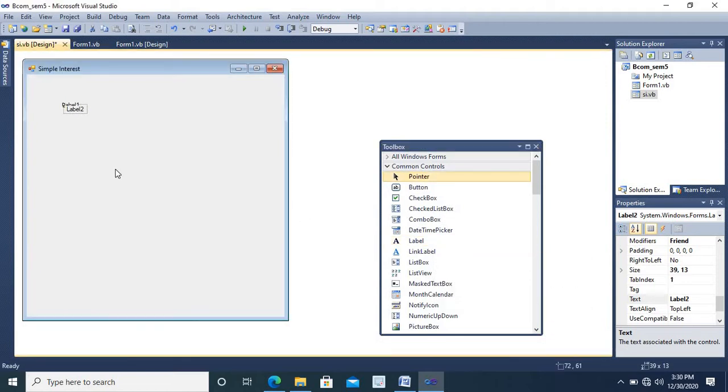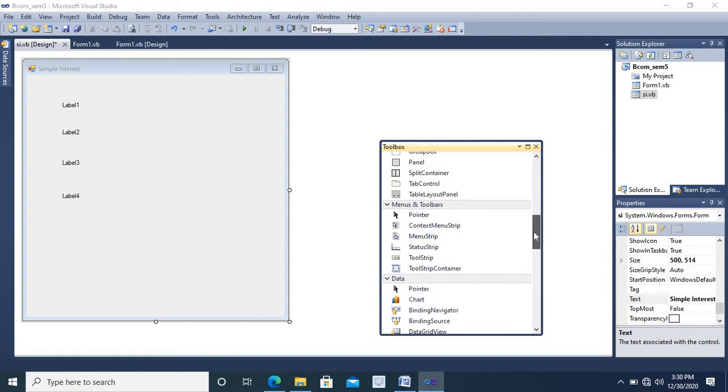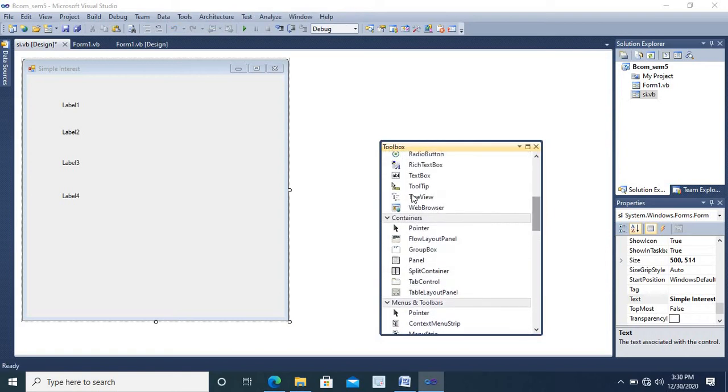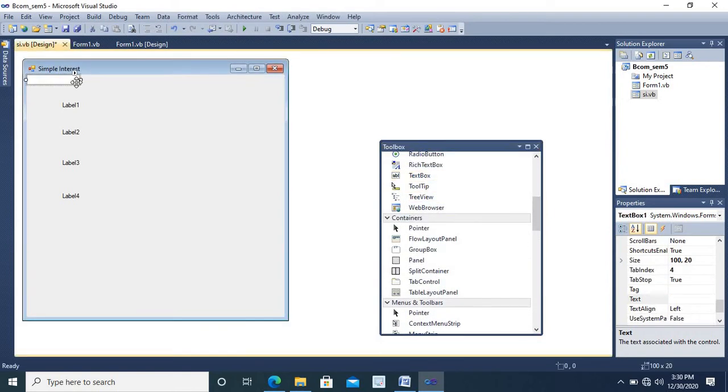In the similar way, we will be adding 3 more labels. As we have discussed earlier, for this application we require 4 labels and 4 text boxes. Let us add 4 text boxes.